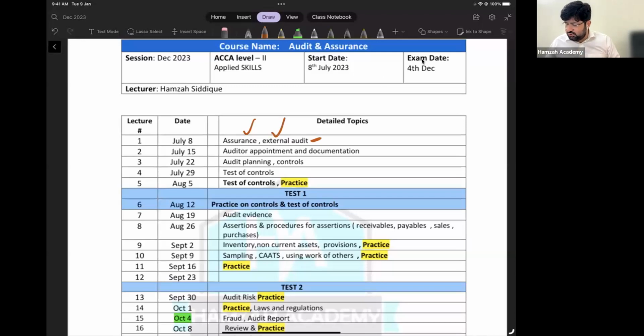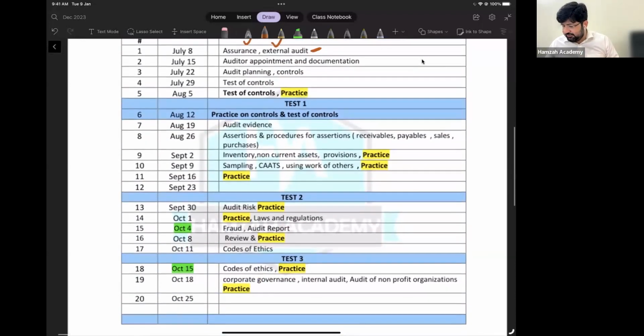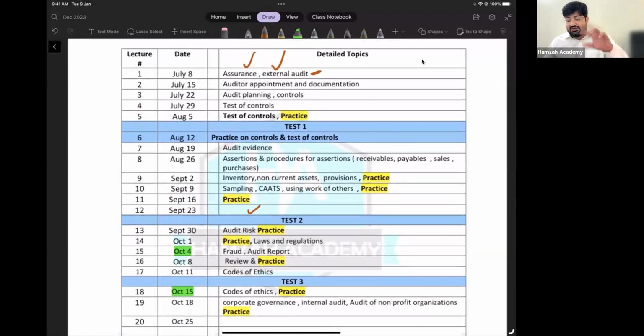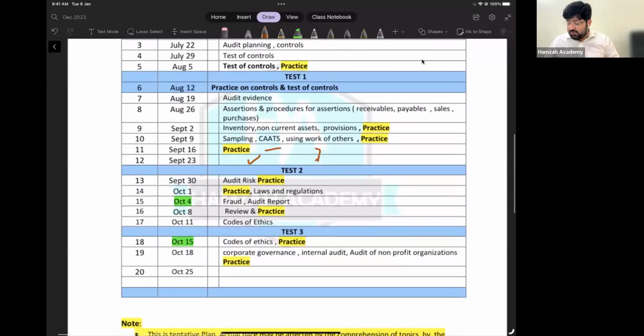Now, so this is the whole plan in front of you. Now I have, you see here, given this blank class. The reason is that sometimes some areas take more time to cover, more practice. So I have added this, especially this as well. So this is for the practice and for the cushion. Now there is one class which is,